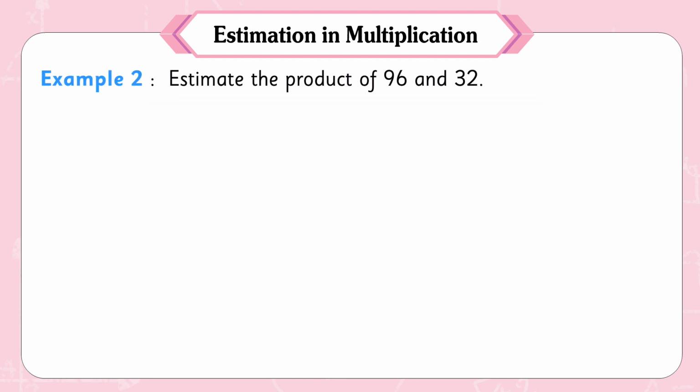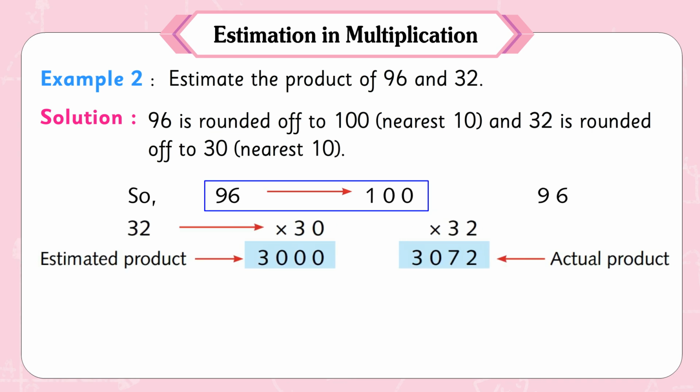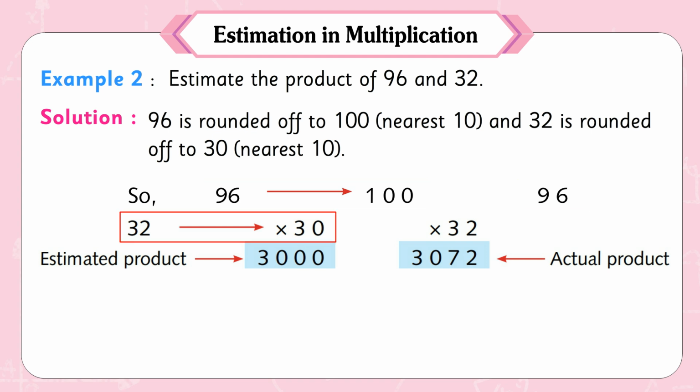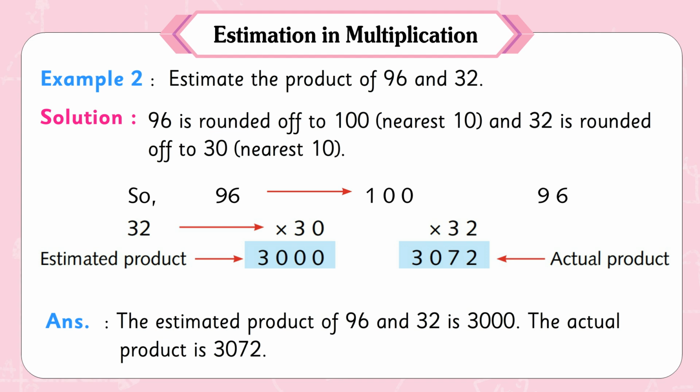Example 2. Estimate the product of 96 and 32. Solution. 96 is rounded off to 100, nearest 10, and 32 is rounded off to 30, nearest 10. So, 96 into 32 is approximately 100 into 30. Estimated product 3000. 3072, actual product. Answer. The estimated product of 96 and 32 is 3000. The actual product is